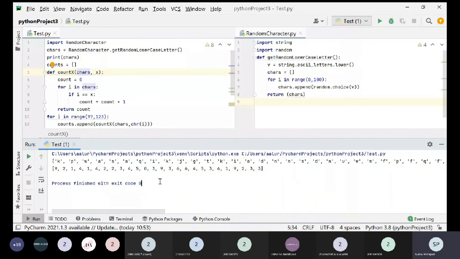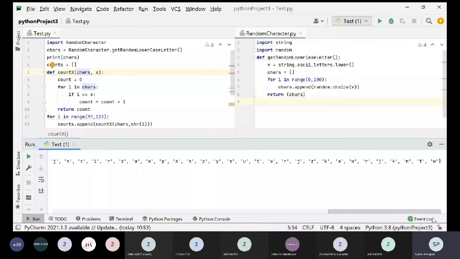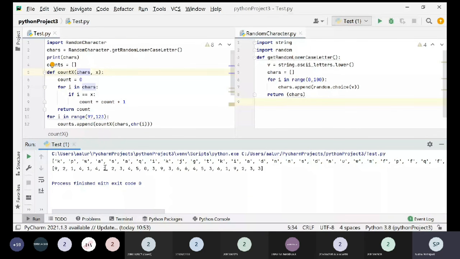So these are the 100 characters that you have got. You can see all the 100 characters are like this, and each and every occurrence of the letters is counted over here. So 9 represents the number of A's in these characters. The first A is here, 1, 2, and 3.